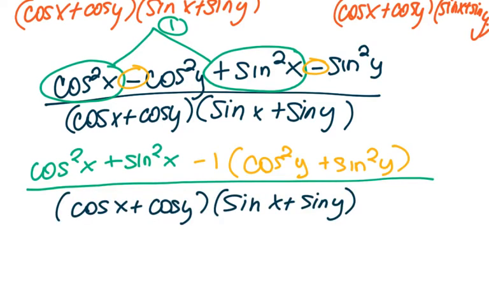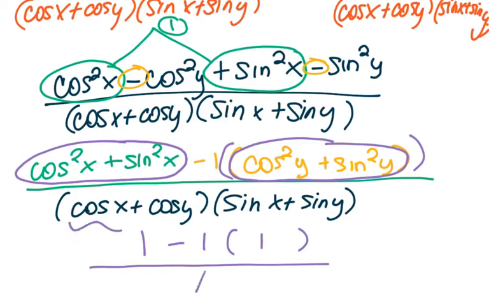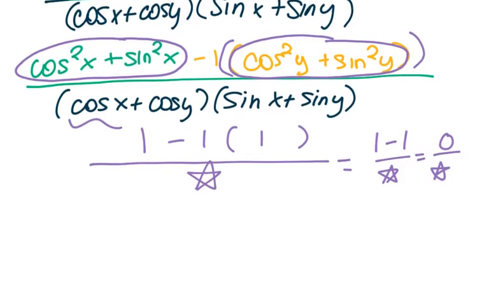Okay, so what we're going to do is replace this binomial with 1. Same goes for this. We're going to replace this binomial with 1. All right, so we'll have 1 minus 1 times 1 all over this denominator. I'm not going to rewrite it just because you're going to see what's about to happen. We'll have 1 minus 1, which is equal to 0 over that denominator, and 0 over any denominator except for 0 is 0. So our final answer for this problem is